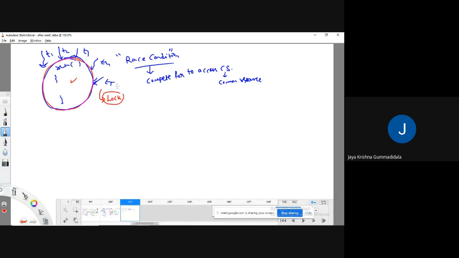So who is going to give the lock? The lock is going to be given by the JVM. From the JVM they are going to get it. I am saying this for your understanding. Once they get the lock, then only they will enter the run method. They are going to enter the critical section. So which thread will get the chance? That depends upon the thread scheduler.